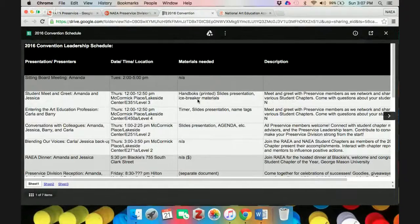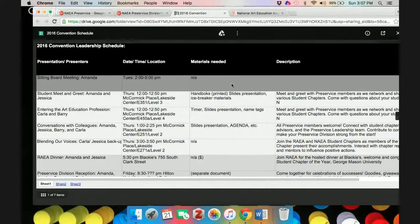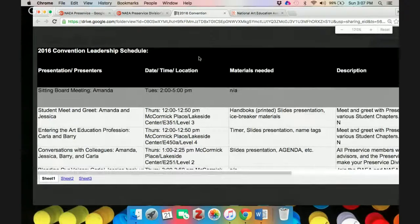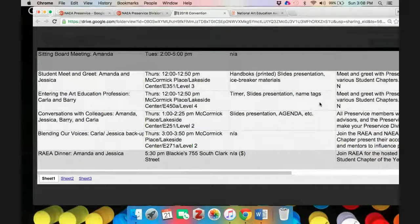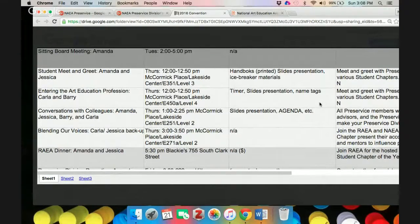our events, now you're going to see some things on here that are not necessarily applicable to everyone, but I did want to pull this up in case anybody wanted to write locations, because this is fairly difficult. Or not difficult, it's a large convention center. One thing that you're going to notice right here, entering the art education profession, that's going to be Thursday at 12 o'clock until 12:50. It's only a 50-minute session, and that'll be in the Lakeside Center on level 4. That room's going to be E as in elephant,